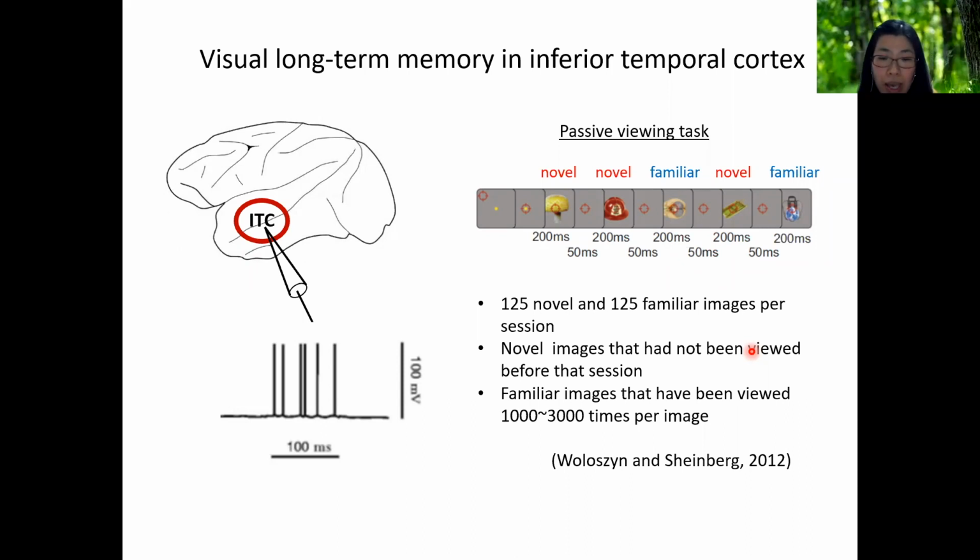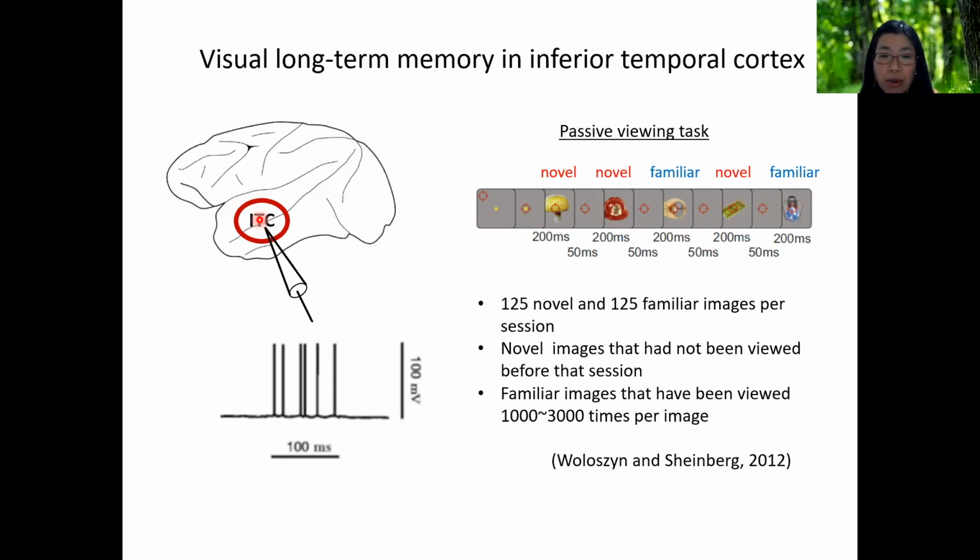It was thought that this type of memory occurs more autonomously, in an unsupervised way, through repetitive exposure to the stimuli. The neural substrate for novelty versus familiarity detection has been observed in many brain areas, including the inferior temporal cortex, which is the pinnacle of the ventral visual pathway. And lesion studies show that the inferior temporal cortex is critical for object recognition and also for novelty and familiarity detection.